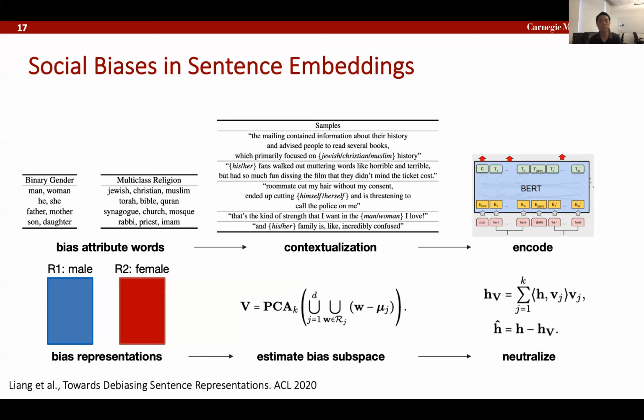And that has resulted in certain word embeddings, for example, of different gendered nouns being closer to certain occupations as compared to others, based on stereotypes from historical data. Some of my recent work has proposed new methods to mitigate the bias in the geometry of pre-trained sentence encoders, such as BERT. And this is super important because while there's been research in mitigating bias in word embeddings, nowadays